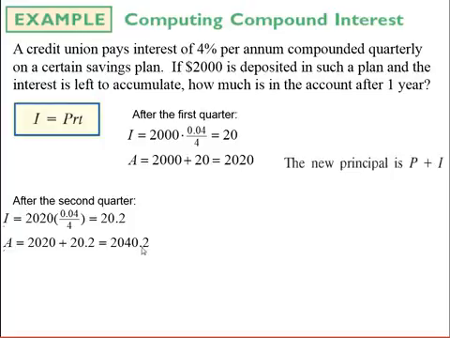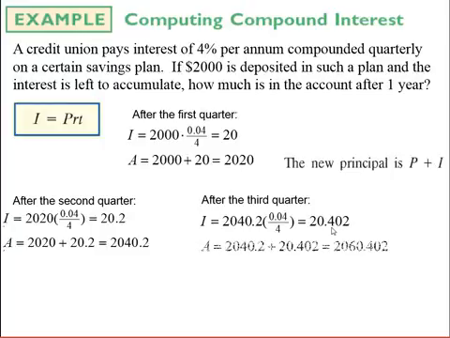So in the third quarter, this is now the amount that is going to earn money. So at the end of the third quarter, I'm going to earn $20 and basically 40 cents, right? So I'm going to add that back into my prior amount. Here was my prior amount from the end of the second quarter. I'm going to add my new amount of interest. I now have